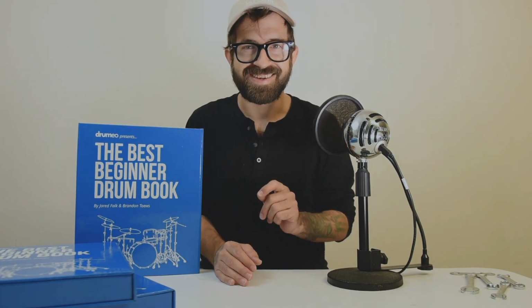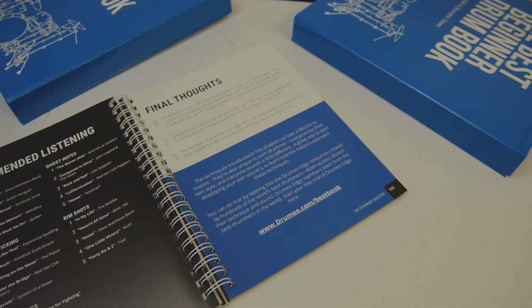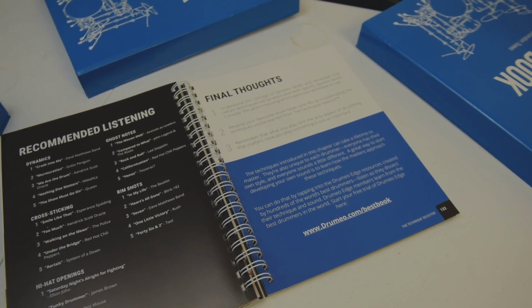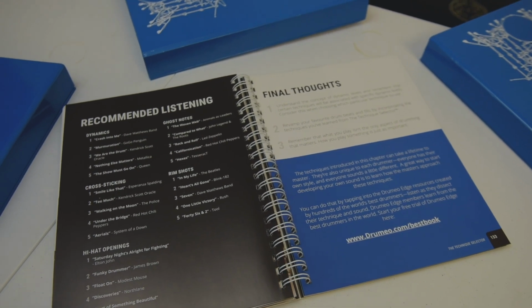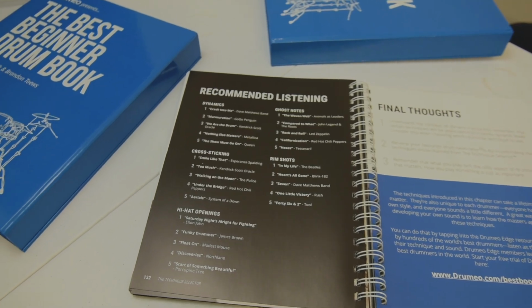And that's the best part about this section, is that as you're going through it, you get to the very end and it gives you a listening list, a list of songs you should be listening to that demonstrate all these methods, and it points them out. Listen to this for cross-sticking, listen to this for rim shots, listen to this for ghost notes, listen to this for these types of accents. It's so thorough and so well thought out that